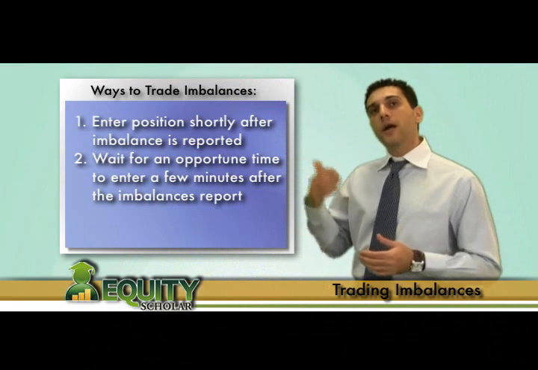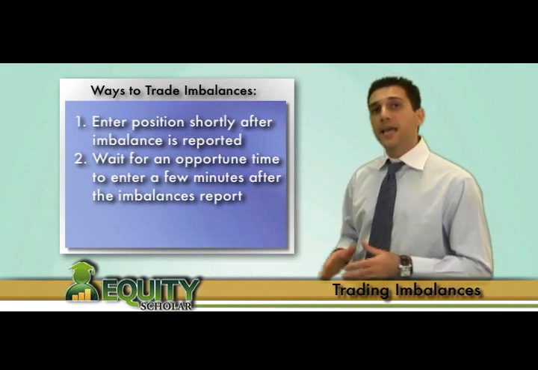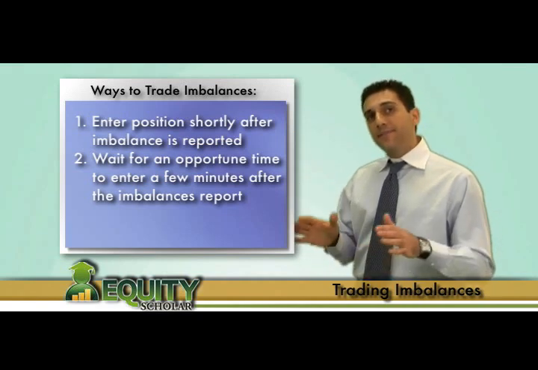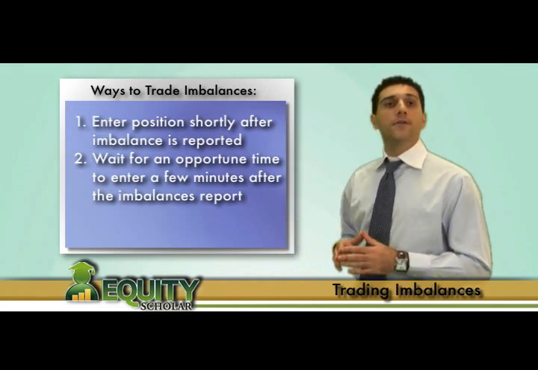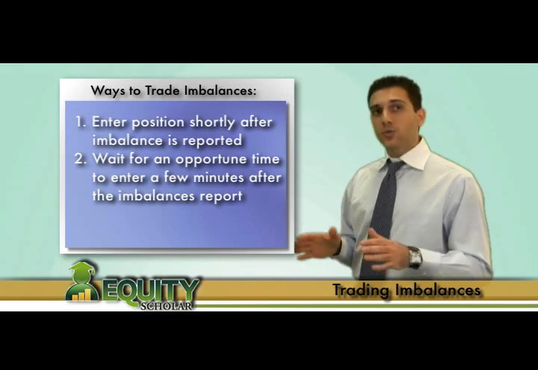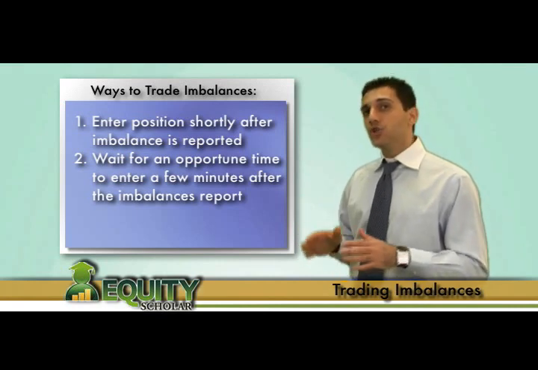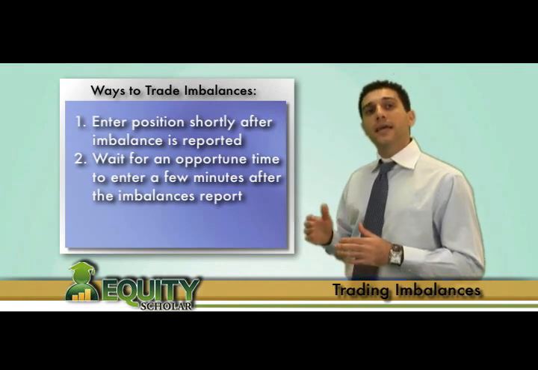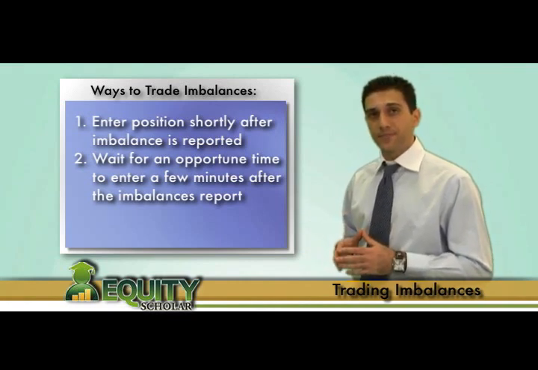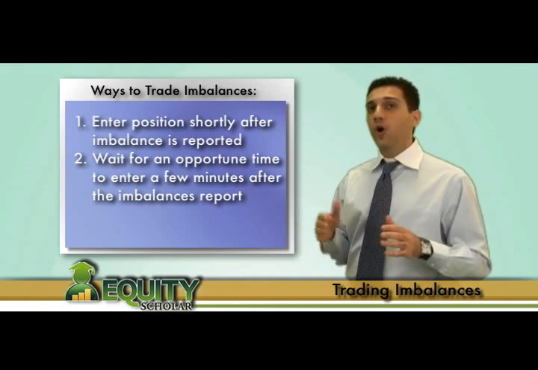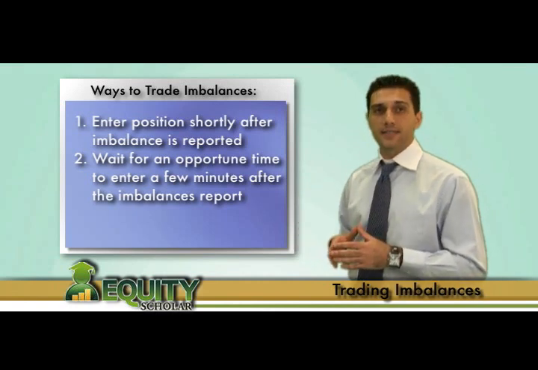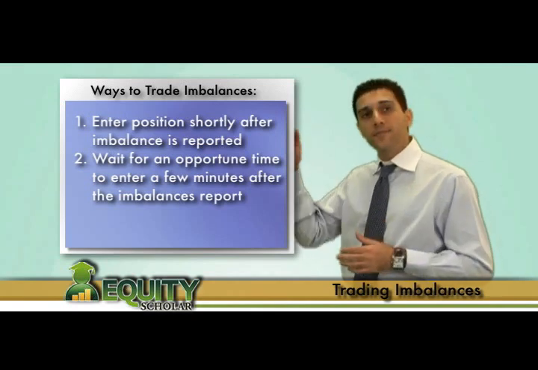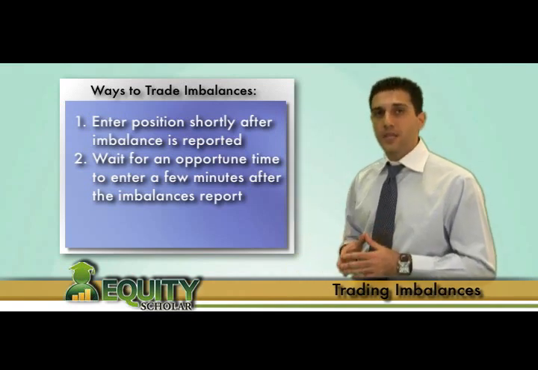The second and more common way to participate in the imbalance is to wait until after the initial spike to participate. The advantage to waiting is simple. All of the automated trading platforms, as well as many manual traders, jump in the very second the imbalances report, causing quick and often unsustainable spikes. After a few minutes, the overall market takes hold of the stocks and helps give a better picture of whether stocks will drift higher or lower into the close.